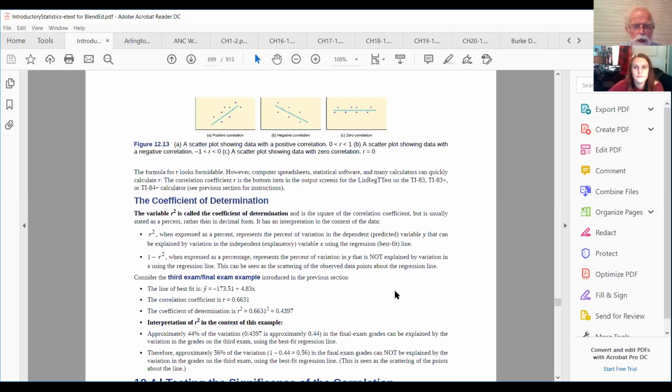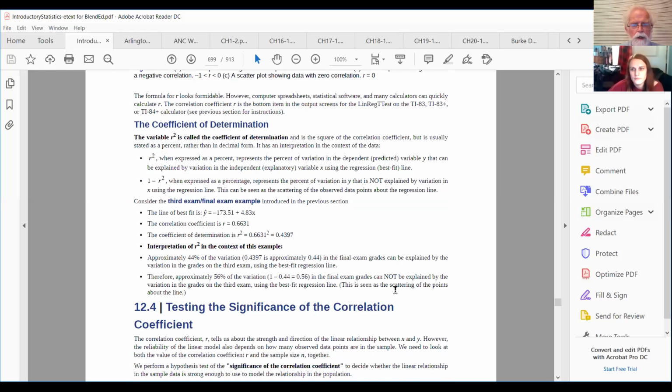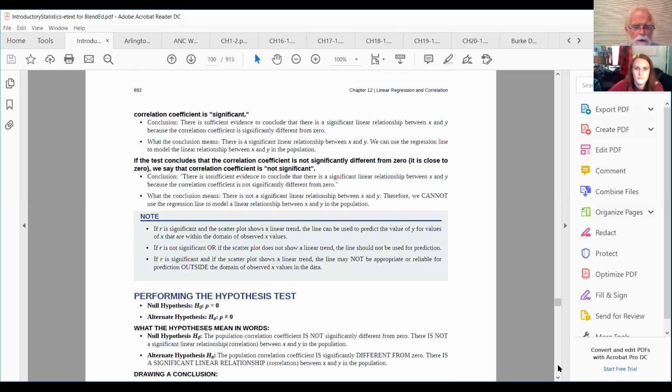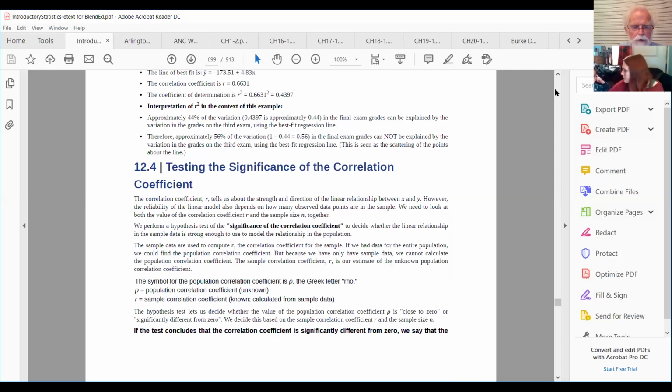So what we have to do when we calculate a correlation coefficient is actually square that correlation and take a look at the value. We got to this the other day. If we square that correlation, then it gives us